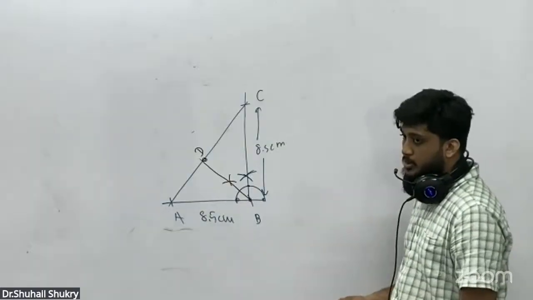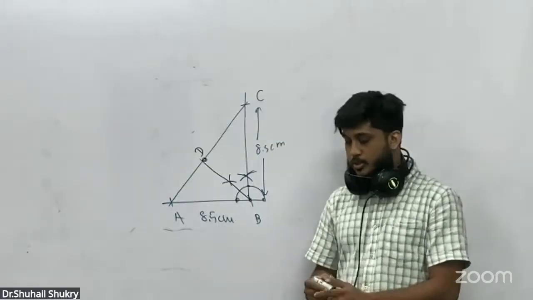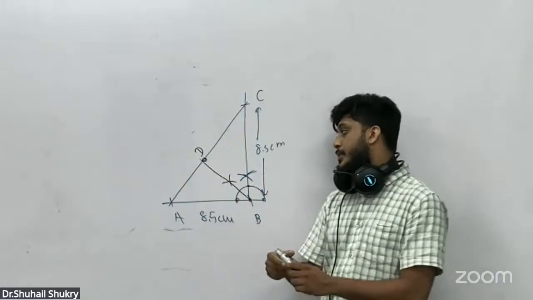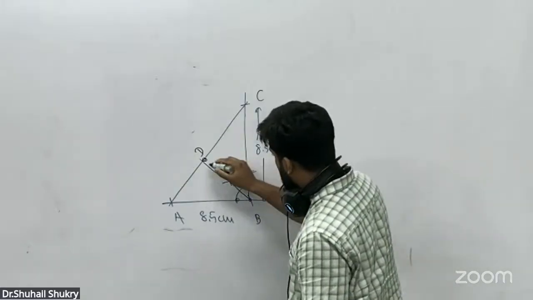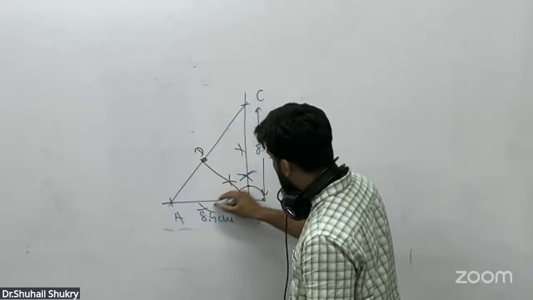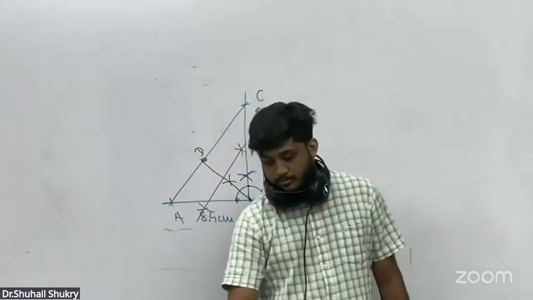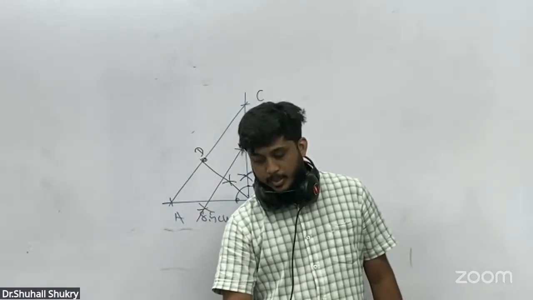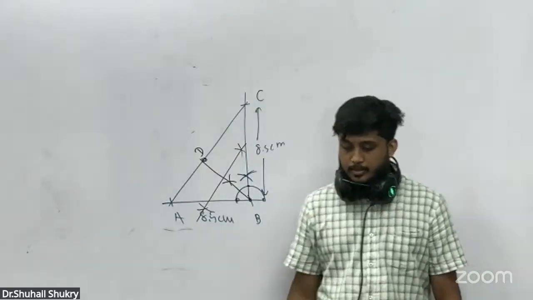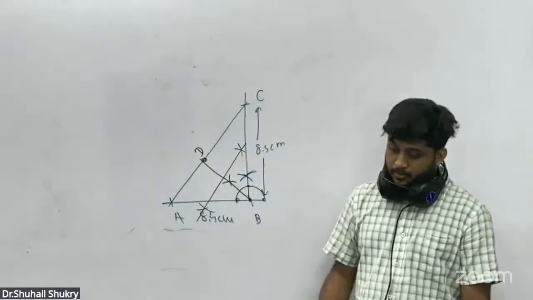How to find the center of the circle? For BD, you have to create what bisector? Perpendicular bisector. Because you have to find the center, because the center should be on this line, because BD is a diameter. So create the perpendicular bisector, keep the compass point here, put a cross up and down, here and up and down, and join this. Then this will be a perpendicular bisector. Can you understand this? Right. So if you can understand this perpendicular bisector, after that, find the center of the circle, with BD as diameter,